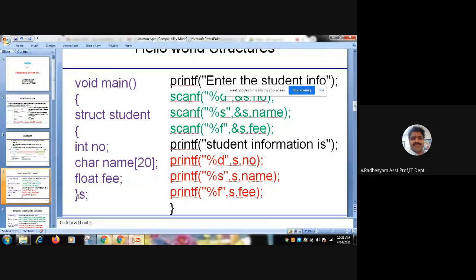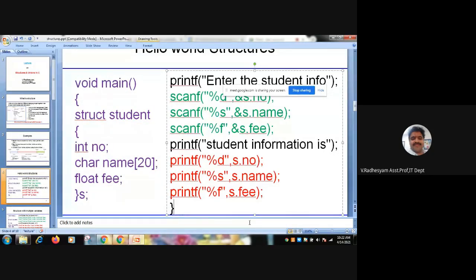As I told you, this entire thing is a data type only. S is an identifier, but here S is called a structure variable, not identifier. S is called structure variable. S can access NO, name, fee, like this.